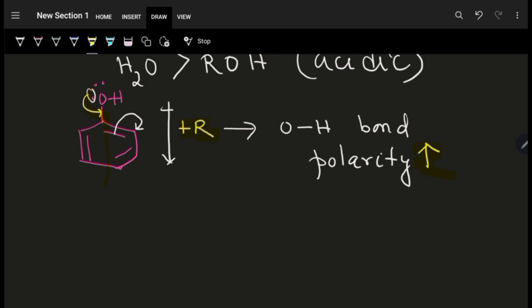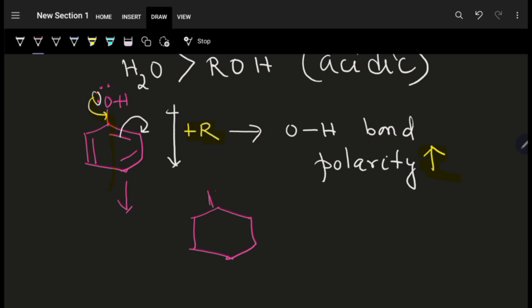So let us see what is happening over here. There develops a negative charge, and after this, due to the +R effect, the lone pair comes and forms a double bond between oxygen and carbon. This hydrogen is as it is. The lone pair is used, so one lone pair remains and oxygen gets a positive charge. And here these bonds are unaffected. This pi bond has come and formed a negative charge over here.